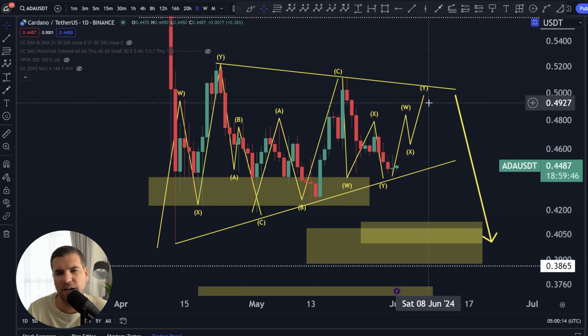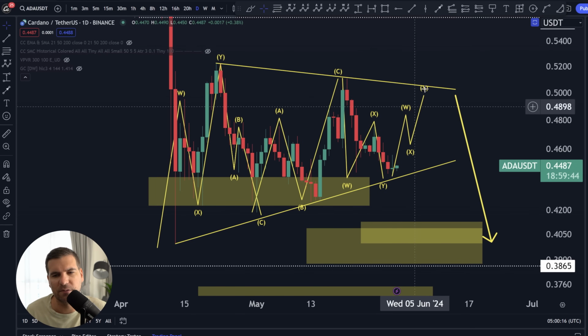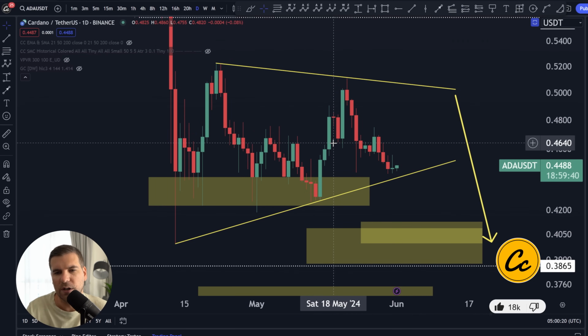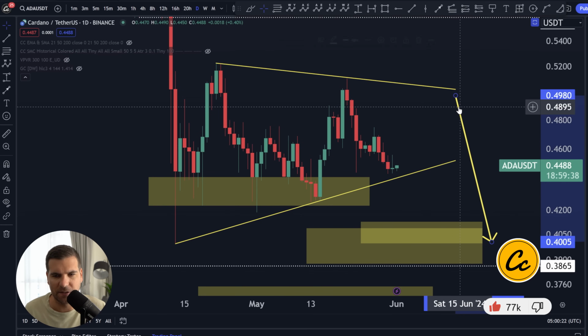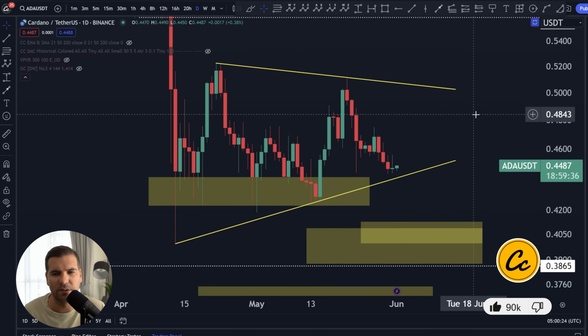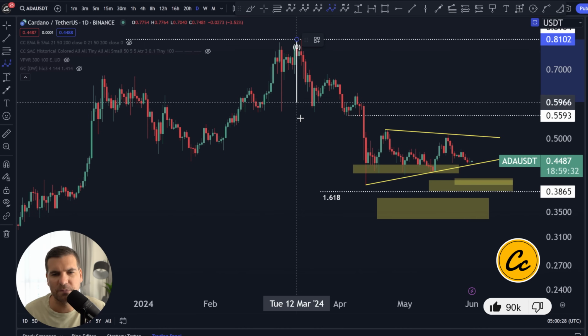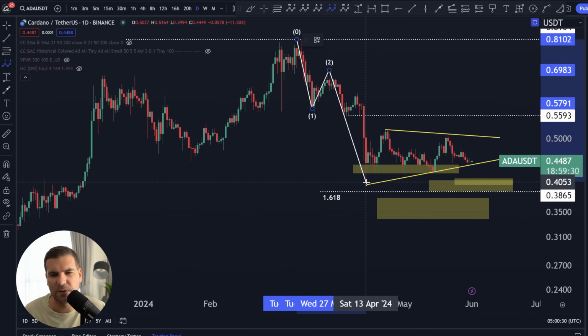If I remove the A through E, you can see 3, 3, 3, 3, 3, and that's where the potential lies for Cardano within this triangular-based pattern, and then a breakdown into that final leg of a fifth wave movement. Okay, so as I had this drawn up before, it's one possibility, and I just noticed that it's possible